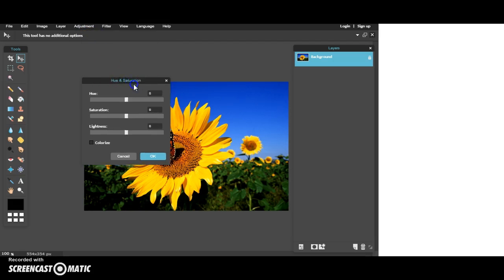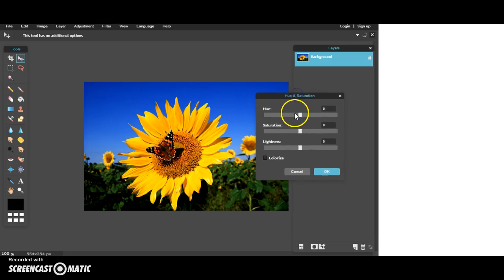What Hue Saturation does is it allows me to change the hues of the color that's in the photograph. So as I move this slider, you're going to see that the hues of that image change, and they all change relative to each other. And I can see that the more vibrant the color is, the deeper the color is, the more that